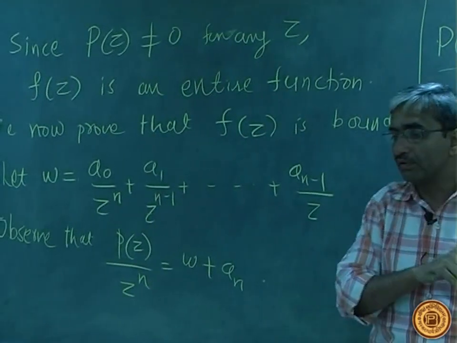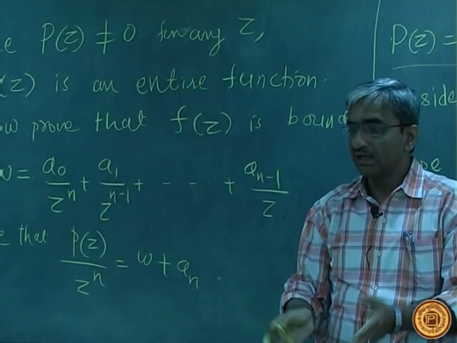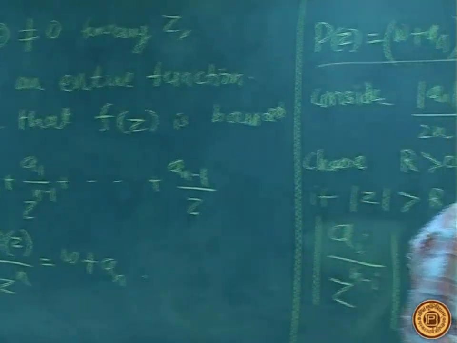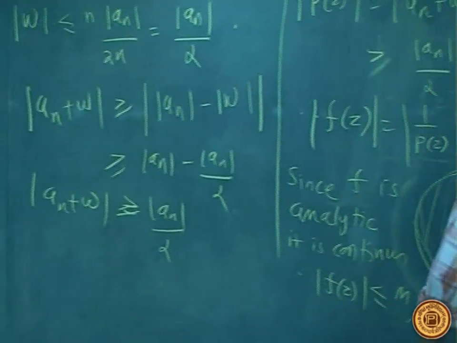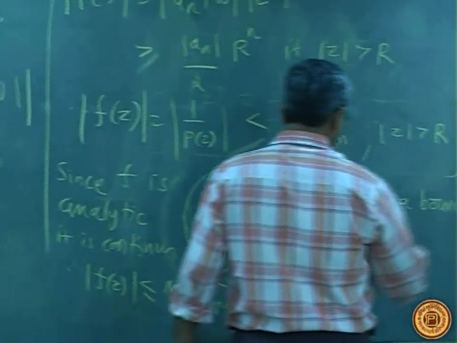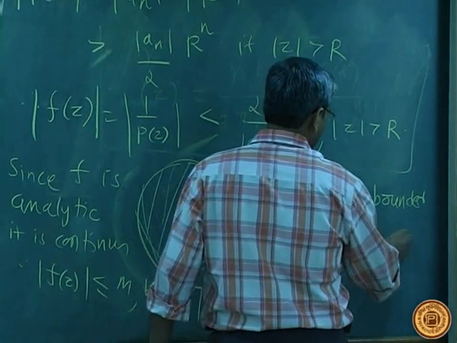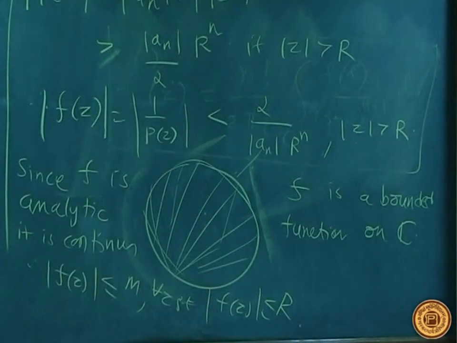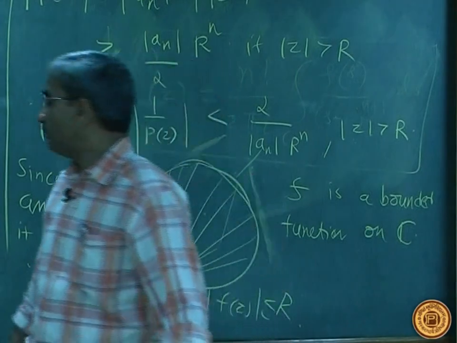Which we have proved. Outside the disk, we have found a bound. Inside the disk, it will be always bounded. So f is bounded on the entire plane. So f is a bounded function on C. So f becomes entire and bounded, and therefore f is constant. So by Liouville's theorem now, by Liouville's theorem,